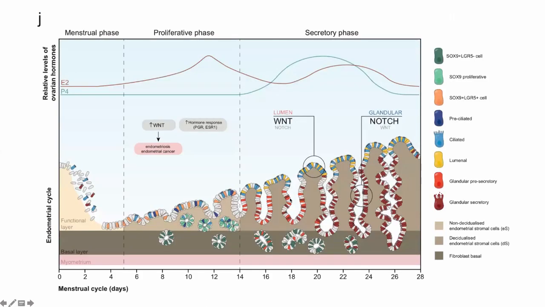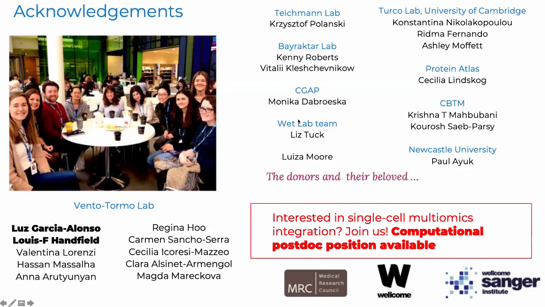And with all of that, we have built this model using single cell and spatial methods and this nice resource that is publicly available, and we have a nice interface to visualize it, where we can see how cell states change across the menstrual cycle, and then we also define these 2 environments that have a disbalance between Wnt and Notch. And well, that's all for us.